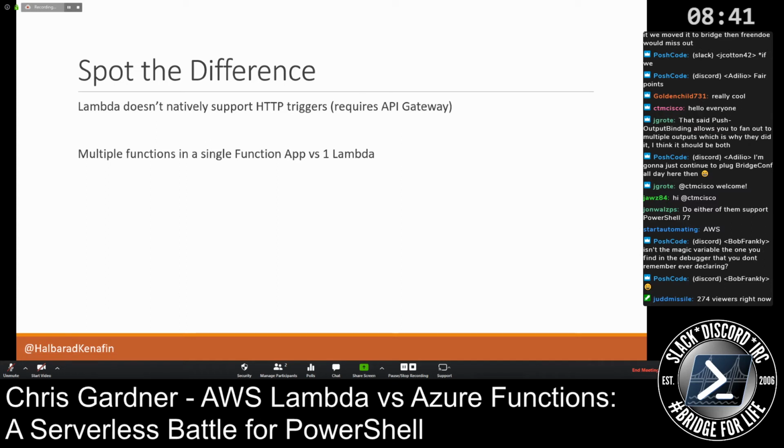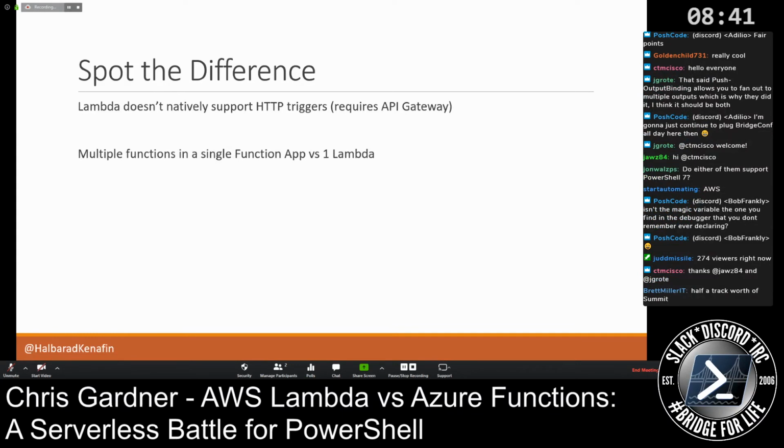Generally, I would recommend you only have functions related to the same thing sitting in the same function. Just like you should only have Lambdas relating to that project or that account sitting in the same account. But you should be doing that with Azure as well, is that things relating to a project or a product should be in the same subscription. And you don't want to have things all over the place because it gets to be a pain to manage.